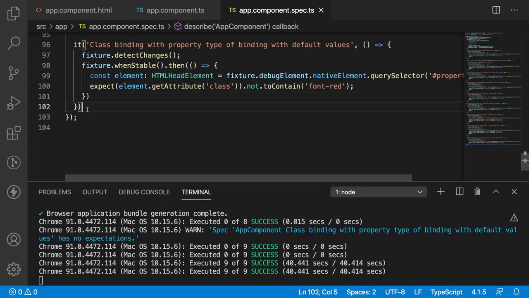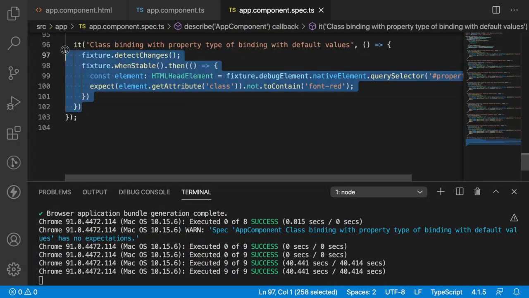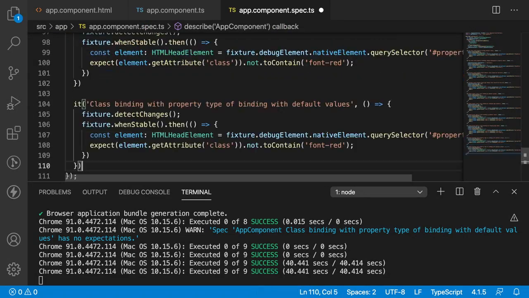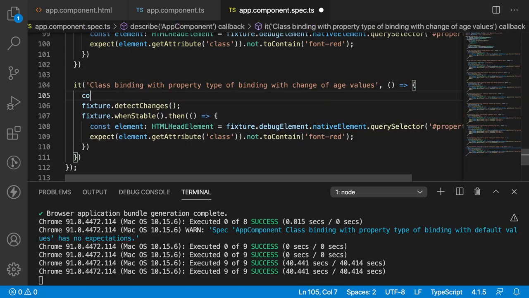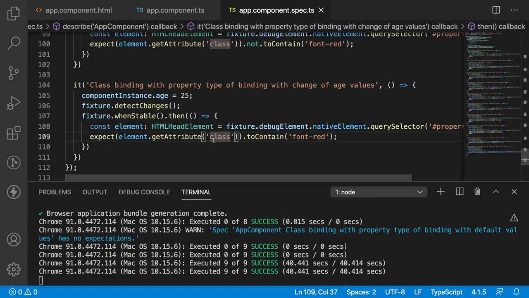So now let me create one more property binding with value change of age, with change of age value. So for example, if my age component instance.age is 25, that means age is greater than 18. So what it should contain? It should contain our font red. Let me save this.